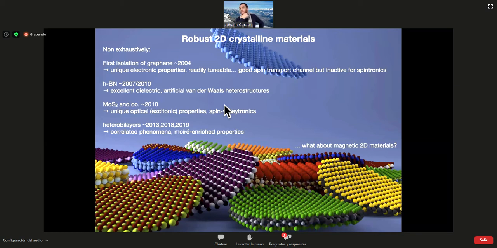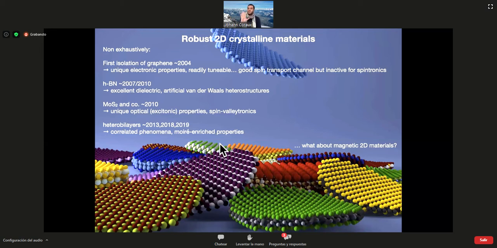And this brings significant spin-orbit splitting of the electronic bands. So it's also considered in new paradigms for spintronics, what has been called spin valleytronics, which can additionally be addressed optically. Now, it's been a few years that we've had very important reports on heterobilayers, where you combine two layers, for instance two graphene layers or two dichalcogenide layers, and so on, to observe a very large variety of correlated phenomena, moiré-enriched properties, and so on.